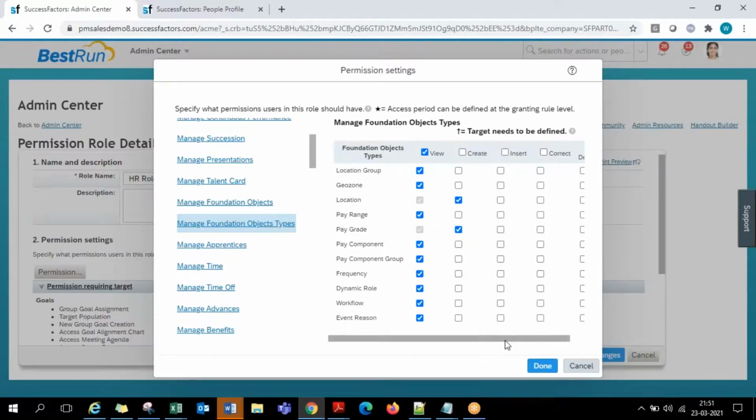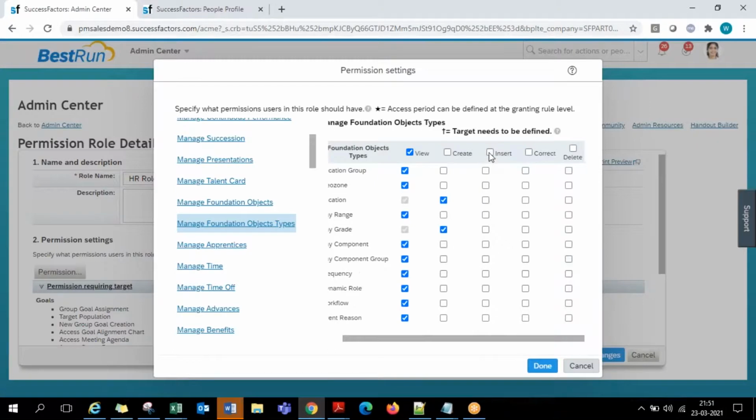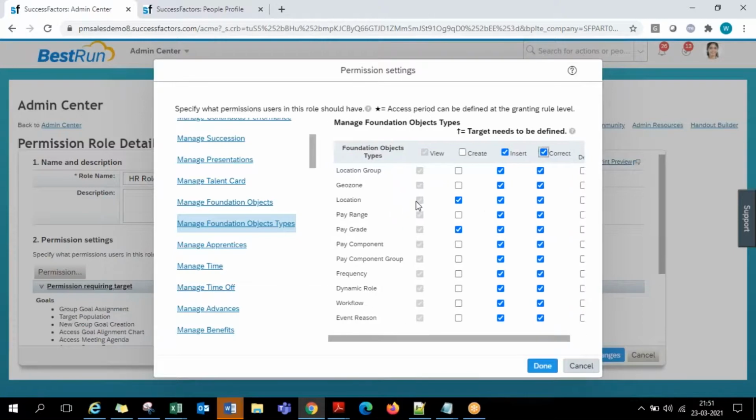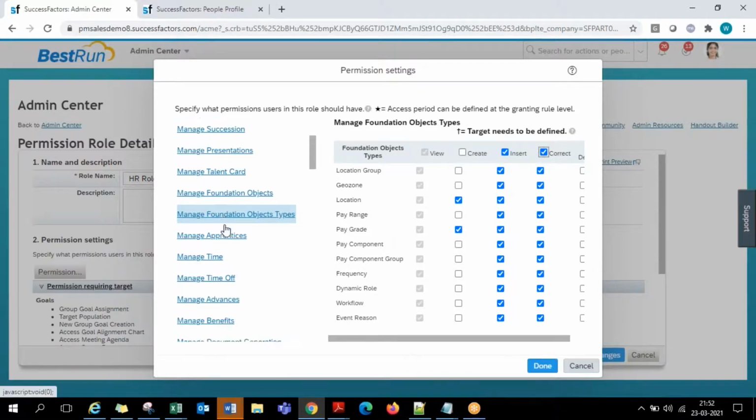Similarly, the insert and correct permissions are the same thing as previously, whatever I told you, the same meaning. So this way, at each and every object level, you have permissions that can be controlled, guys. Each and every object level. And then